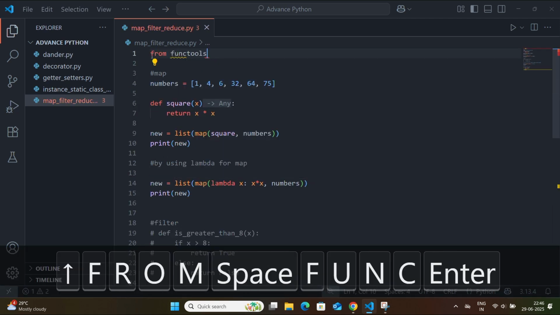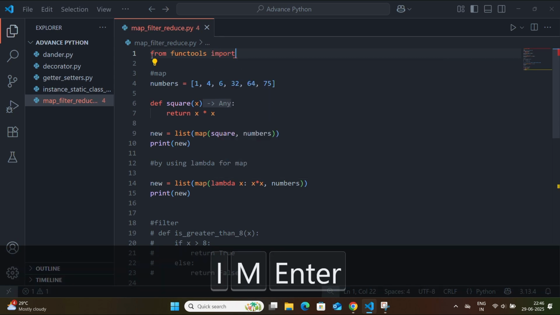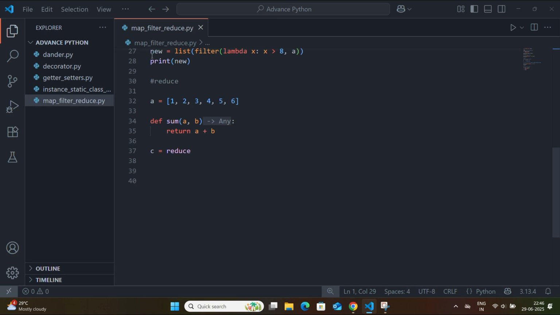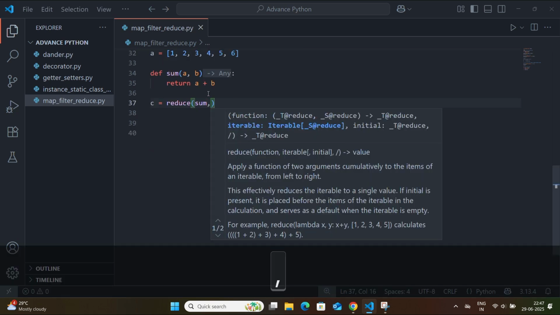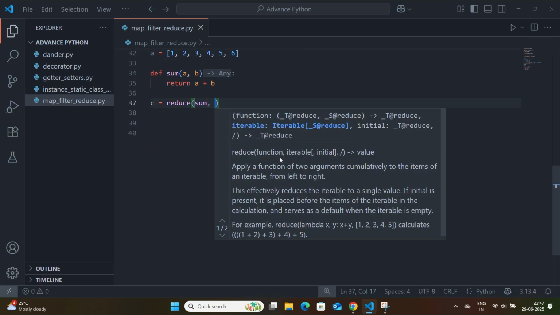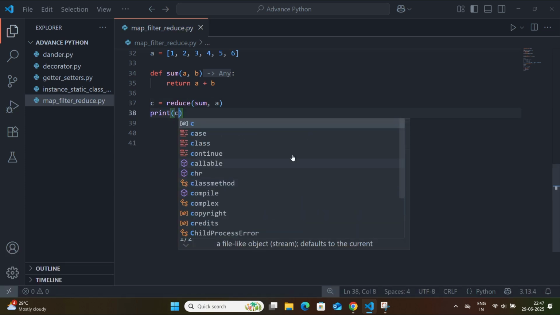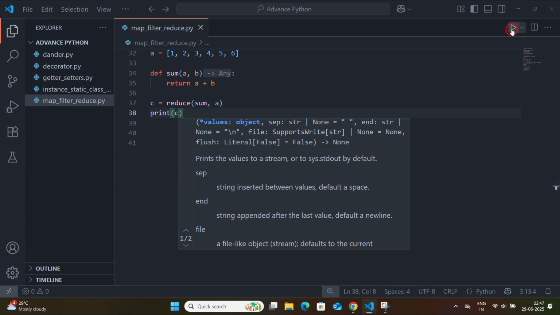Let's import reduce from functools. Now you will see the error is gone. And sum comma a and print c. So what happened here?